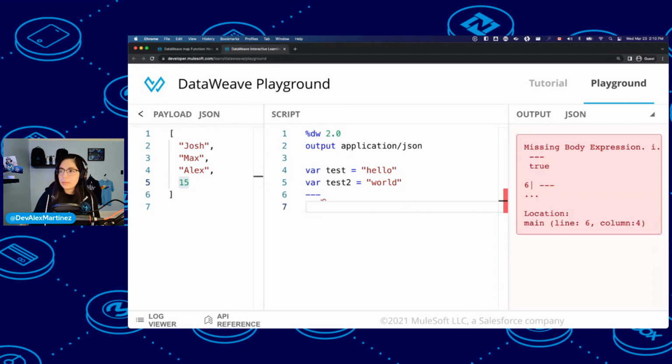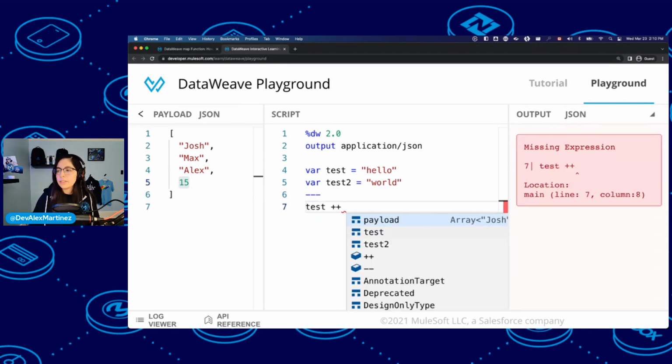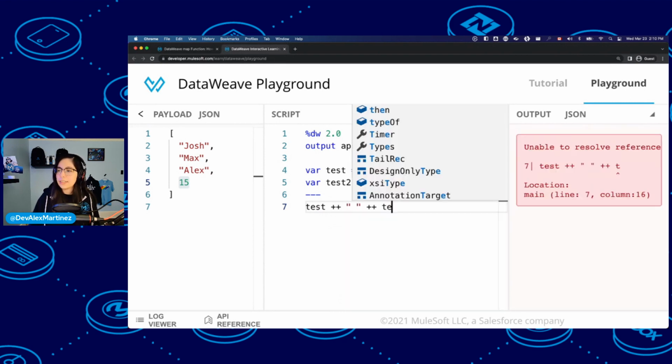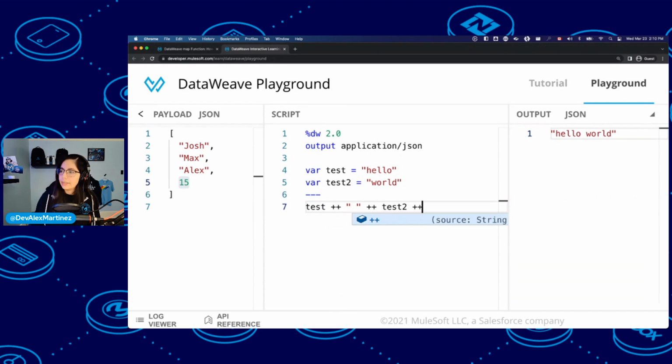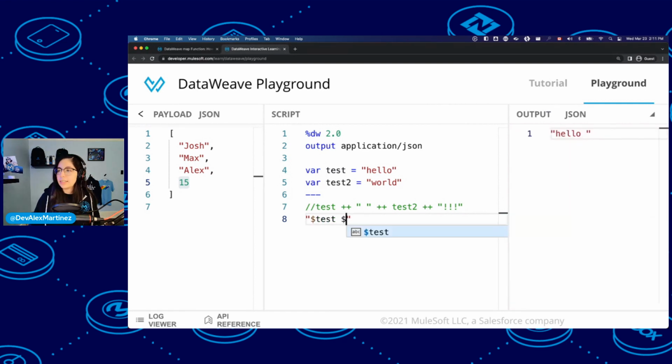Instead of using the plus plus function, that would have to be test plus plus and then space and then plus plus and then test2 and then plus plus and then whatever else you wanted. So instead of doing all that, you can just put quotes, put the dollar sign, test space dollar sign, test2, and then whatever you want.